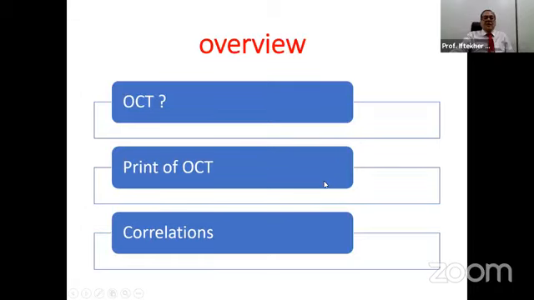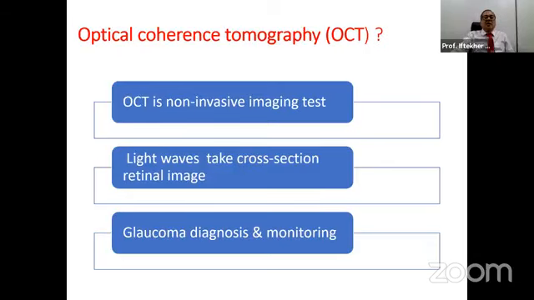In my presentation, I try to describe what OCT is, how we can interpret the OCT printout, and how we can correlate OCT with the clinical finding. Optical coherence tomography is a non-invasive imaging tool. It takes cross-sectional images by light waves, and glaucoma specialists use this OCT for glaucoma diagnosis